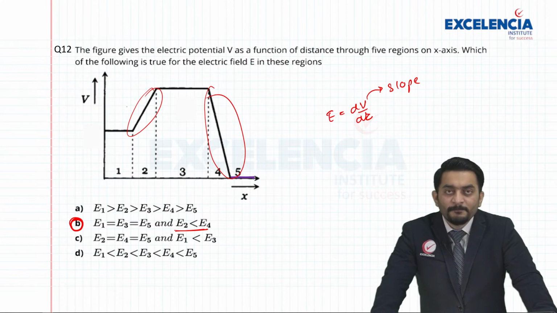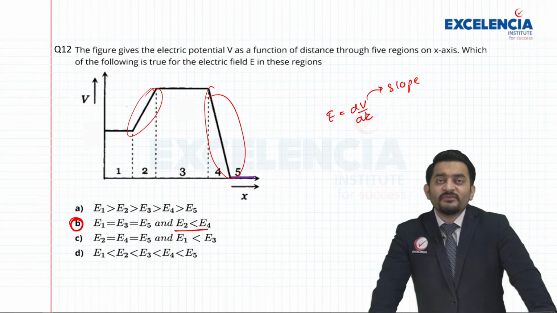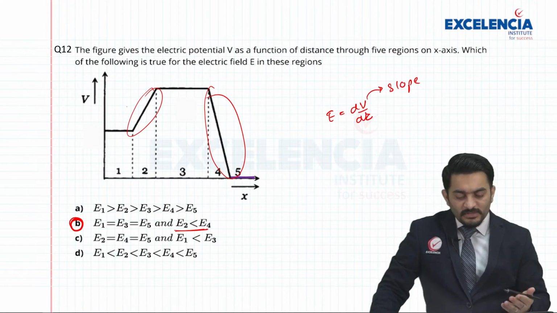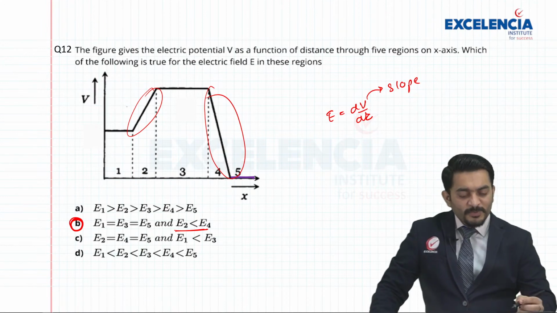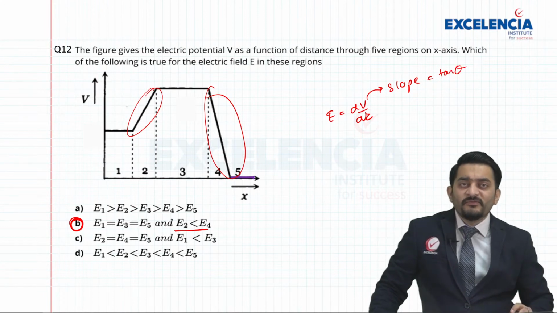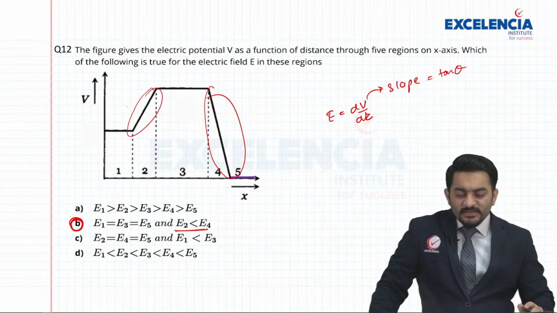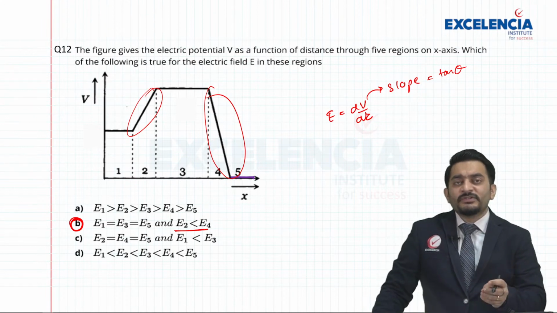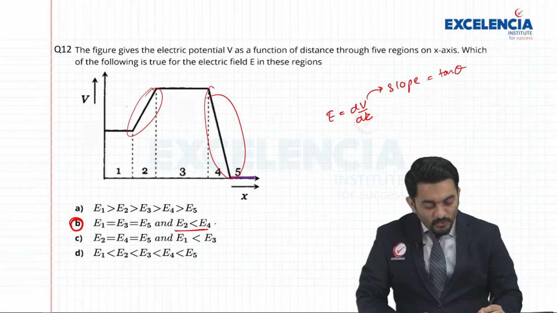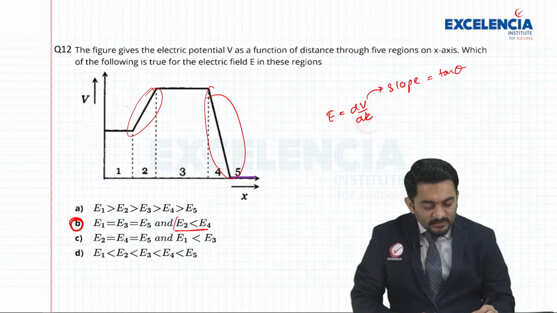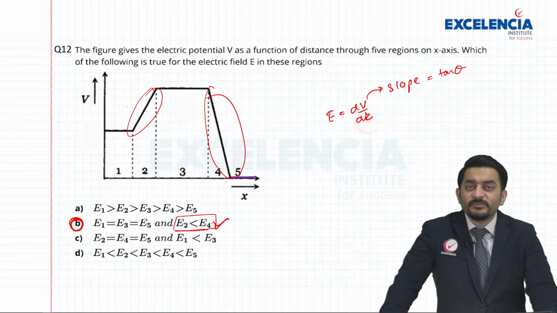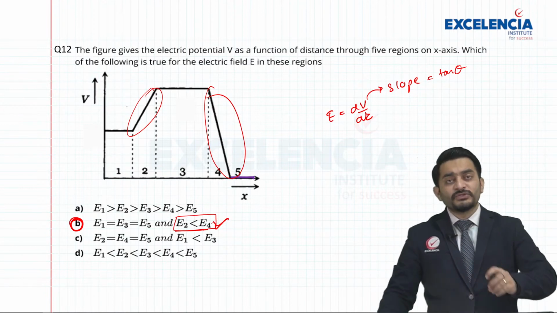of electric field. What you need to understand is that wherever theta appears to be steeper, that particular value should be more, because slope can also be expressed in terms of tan theta. So wherever you can assume a bigger value of theta, that value is more. I can see that my E4 is much steeper compared to E2. That is the reason they have given this relation that E4 should be greater than E2, which is absolutely